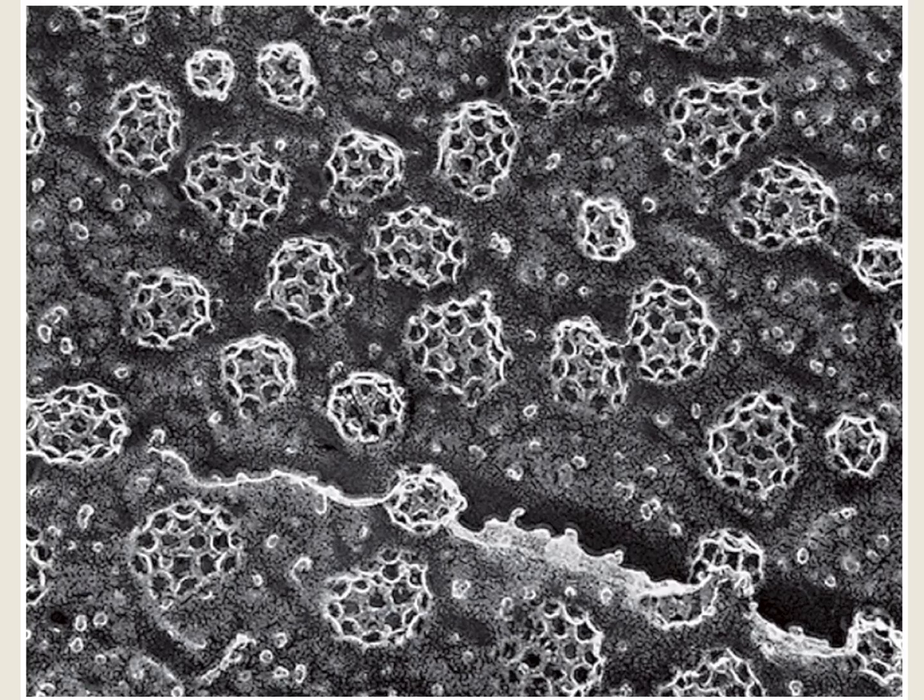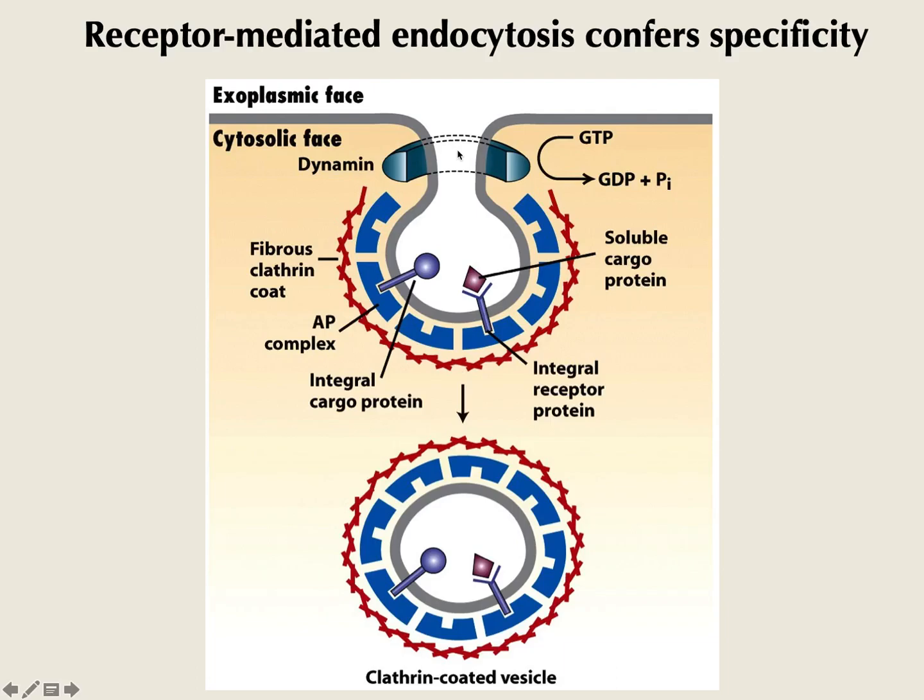The plasma membrane is forming a pit, literally getting internalized, and that's driven in part by polymerization of these clathrins. I've just shown you this slide before. This is followed by formation of the vesicle, recruitment of the cargos, and breaking the neck